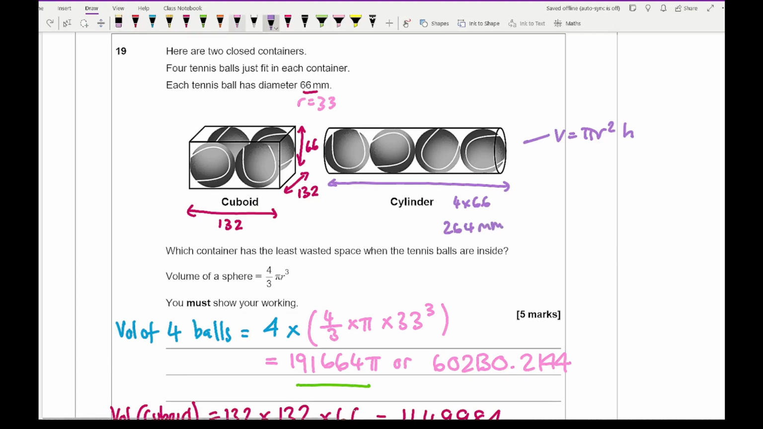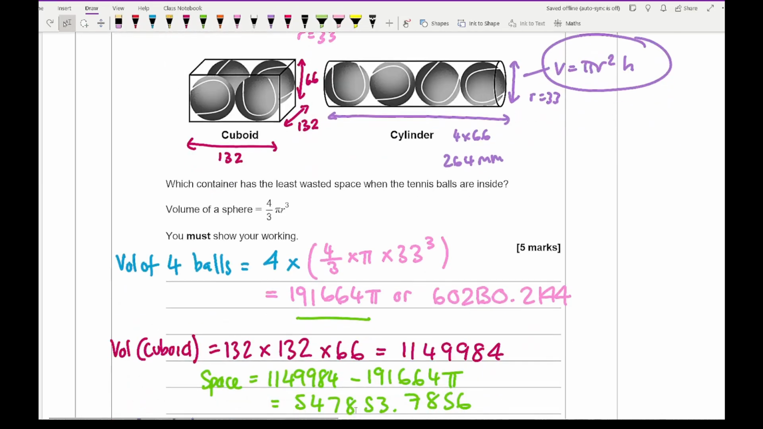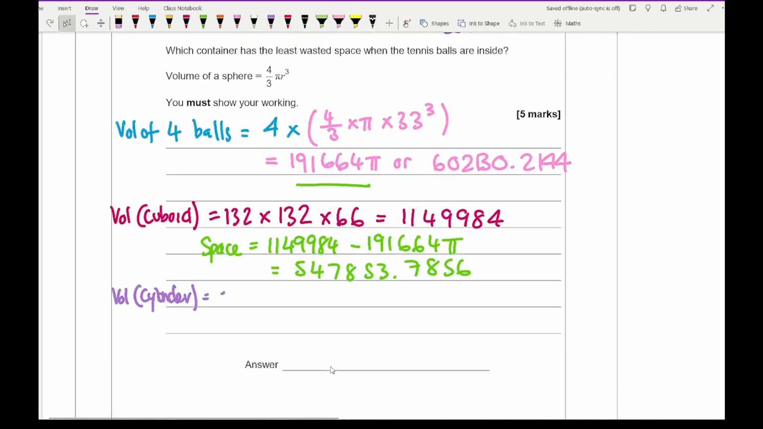And the reason why the numbers are so big is because we are working in millimeters, not typically centimeters. And the radius again is 33. So looking at the volume of the cylinder, I'm going to substitute numbers into that formula. So it's going to be pi times 33 squared times 264, and that gives me a total volume of